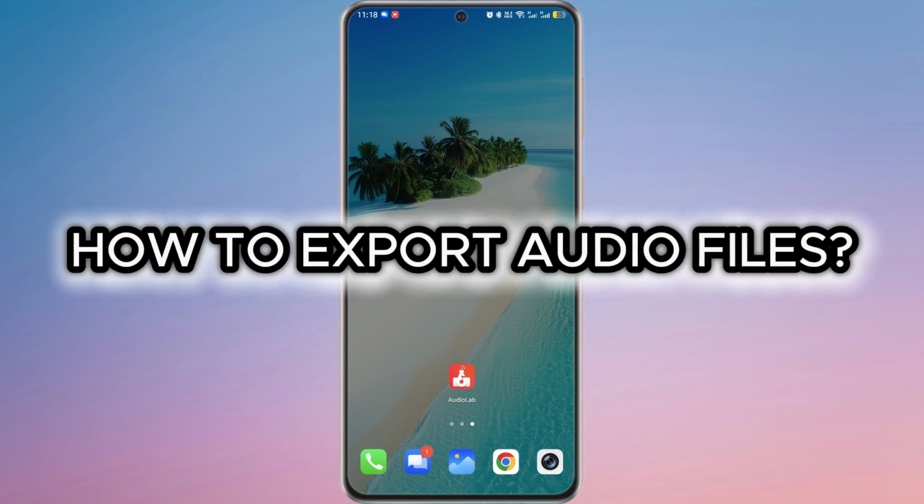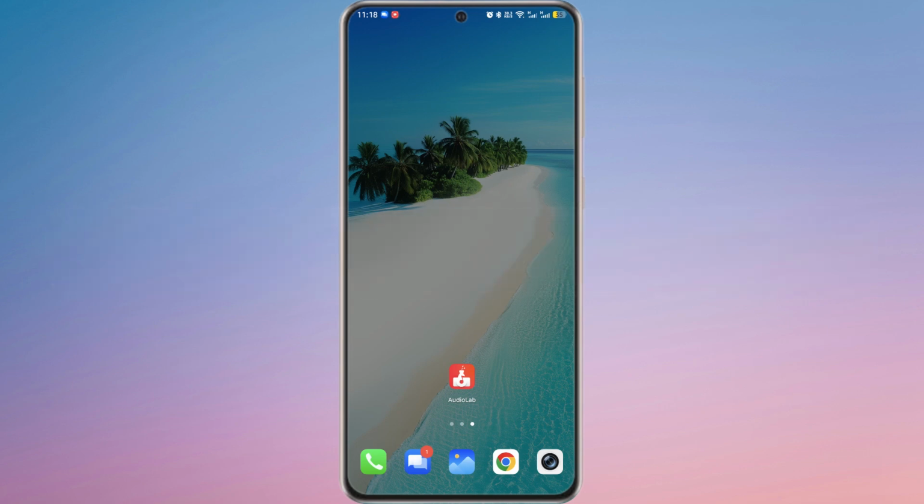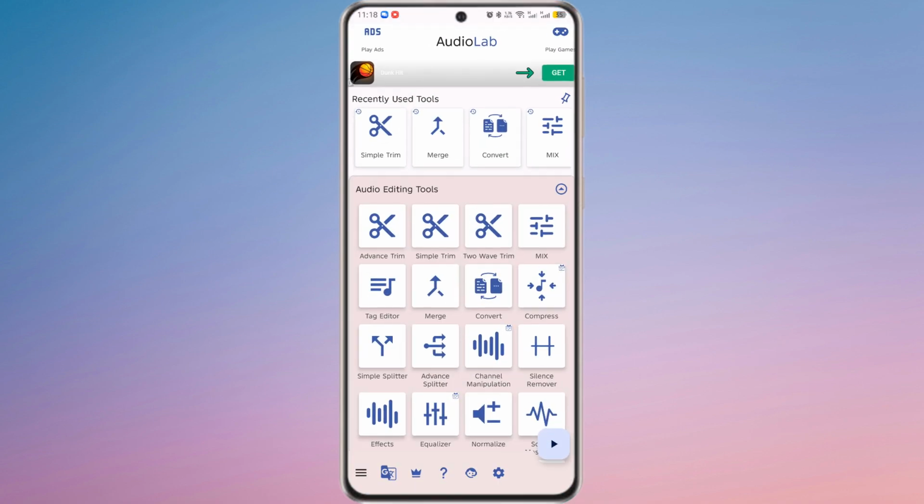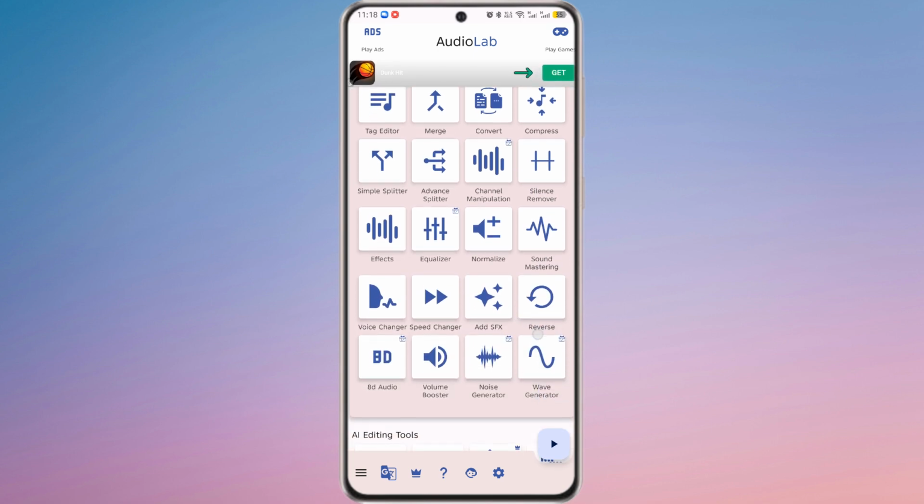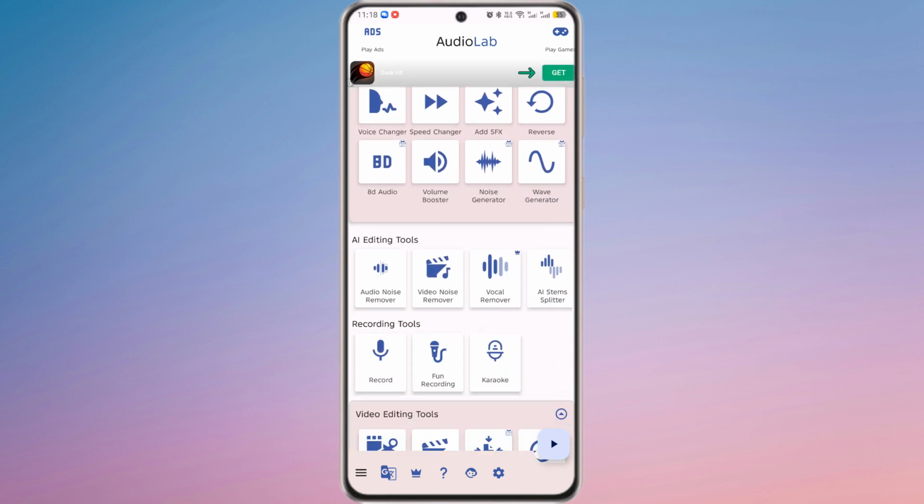How to export audio files from AudioLab. First of all, open the app on your device and make sure you are on the main dashboard. Then select any editing tools such as Trim, Merge, Convert, Compress and more that you want to finalize your audio with,